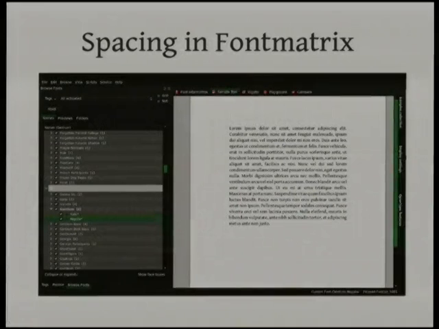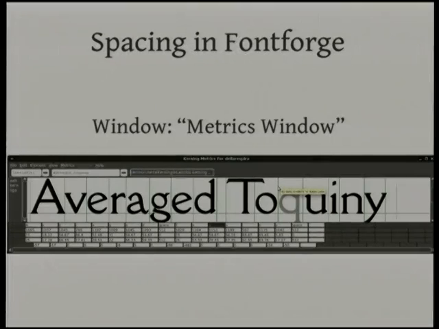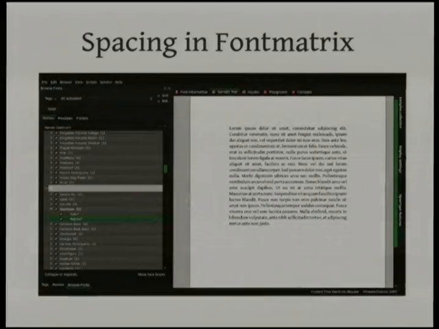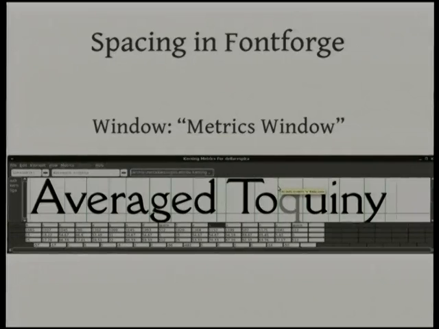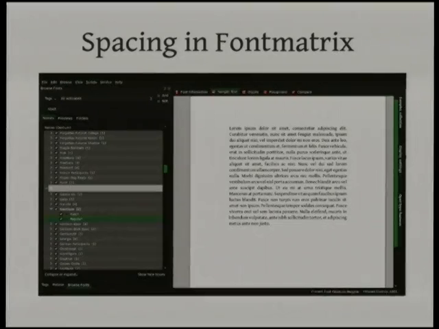On the other hand, that is just two words, and that's kind of all that FontForge offers in this regard. When you're designing fonts, you really want to look at larger blocks of text, and that's something that FontForge doesn't do very well, but Font Matrix can help out. So this is a screenshot from Font Matrix where it's generated some lorem ipsum dummy text in the selected font over there, and you can look at the line spacing, and you can fit a lot more onto the page than just by using one window with a couple of words. So that's something that would be nice if FontForge fixed in the future, but